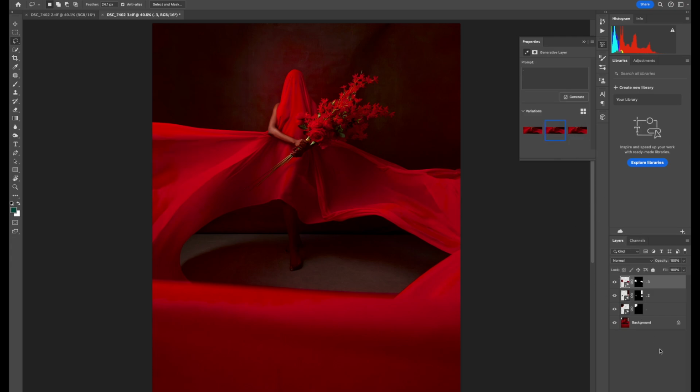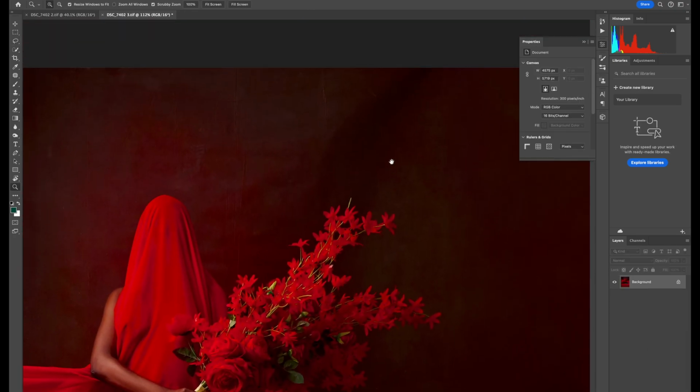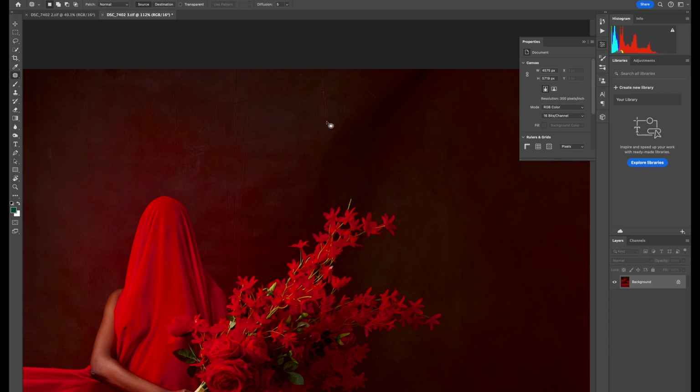Okay, so we have this. I'm going to pick 2, and just like that, I'm going to flatten my image. Right. So the next thing I want to do is just do a bit of cleanup on the background. There's some texture. This is a shoe mark here. I'm just going to make sure that I fix all of that, and I'm fixing this with my lasso tool,